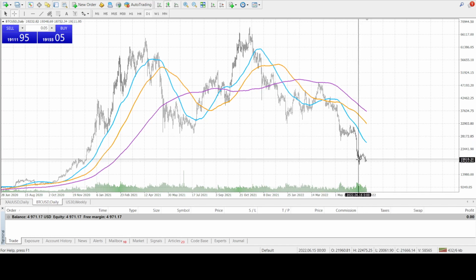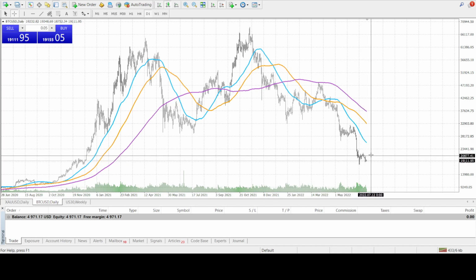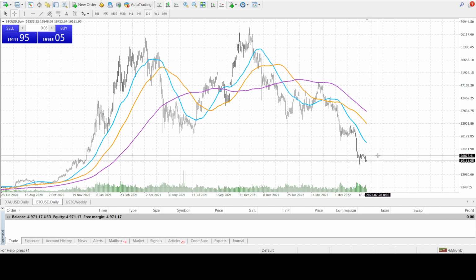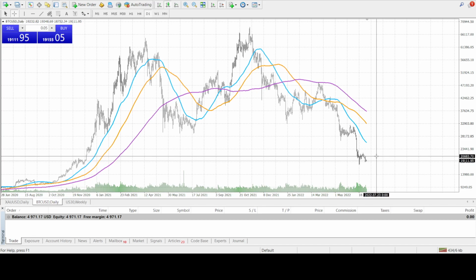So you can see we've begun a sideways right here, which means we will likely go sideways, maybe trend upwards a little bit until we get close to that moving average again, which we can see is coming down right around here. So we can expect that Bitcoin will kind of range in this area probably until